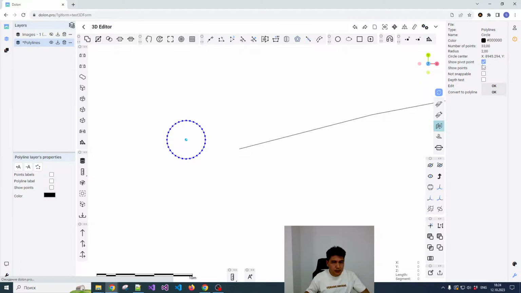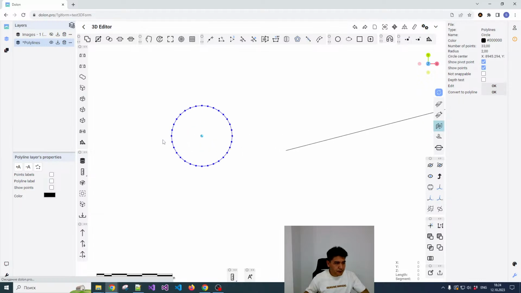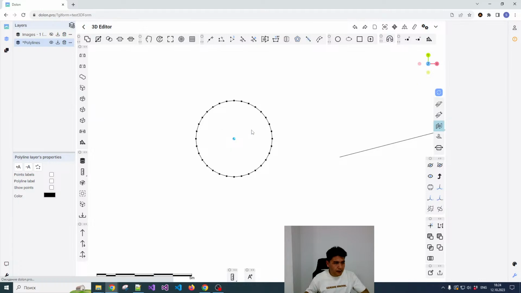This properties of the circle, show points. Now we'll create, okay, just since the radius is 2 meters,